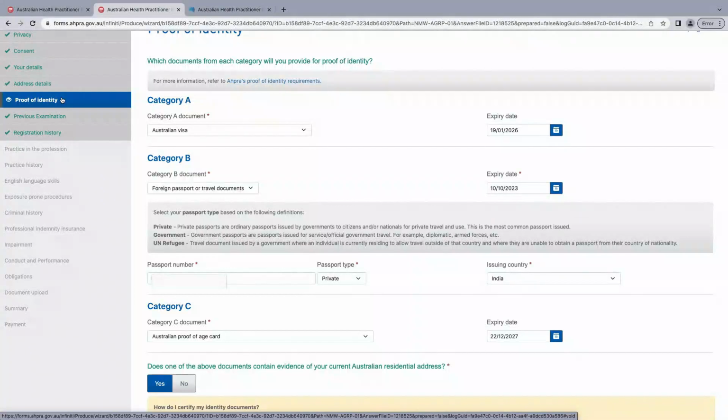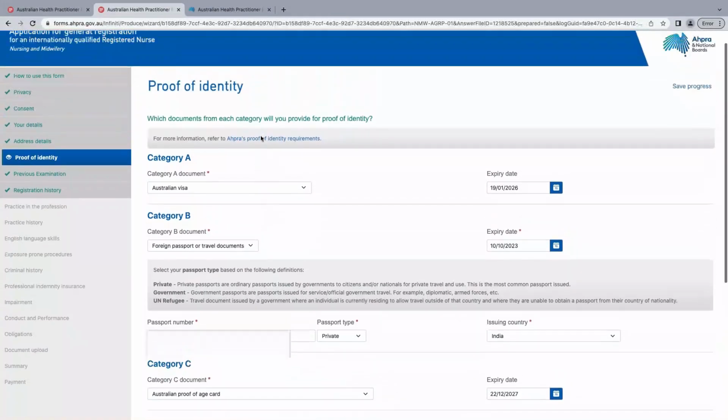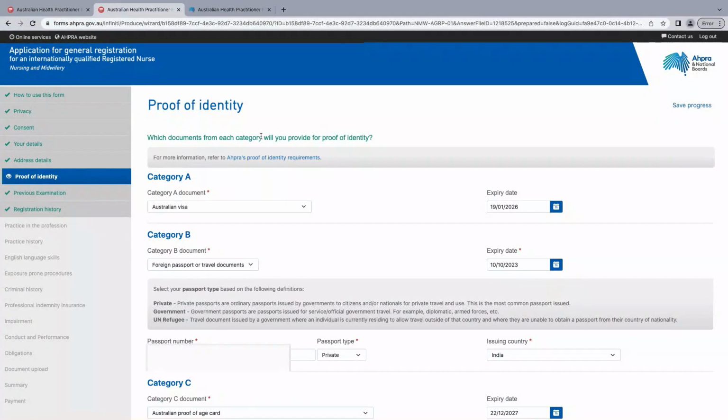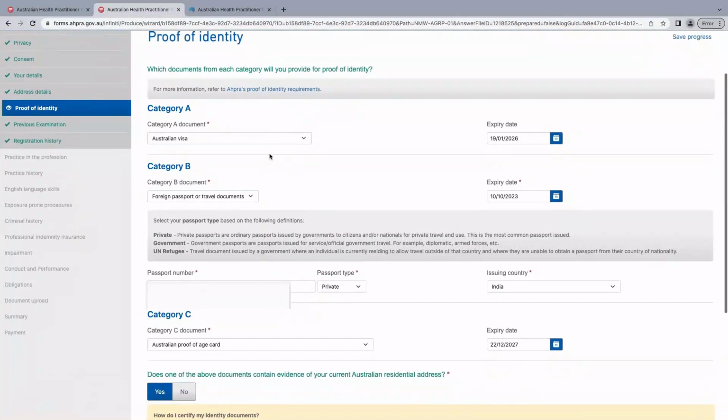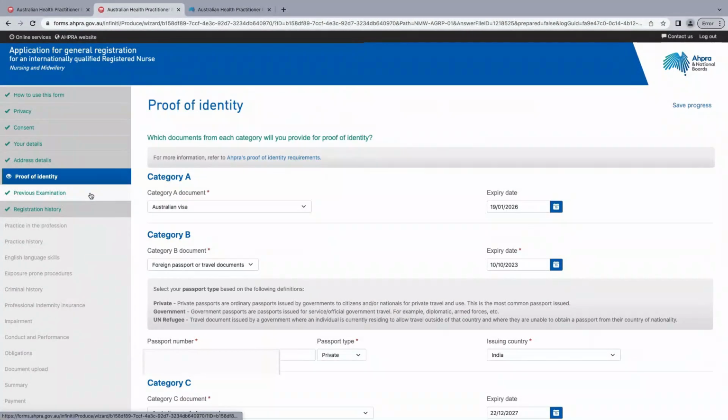Okay, now let's move to your proof of identity. So you need to provide some proof of identity, and those who are offshore can provide their ID cards or government issued ID proofs, and of course your foreign passport. Okay, so you need to complete all that here, and then once you have done all that, you move to